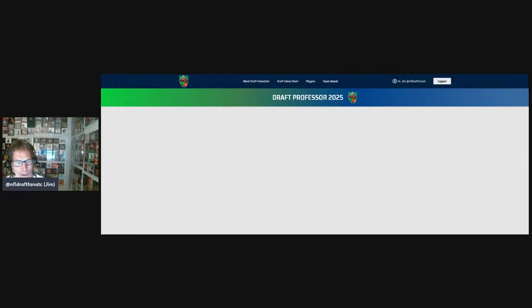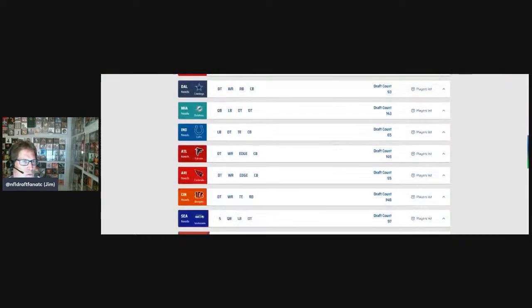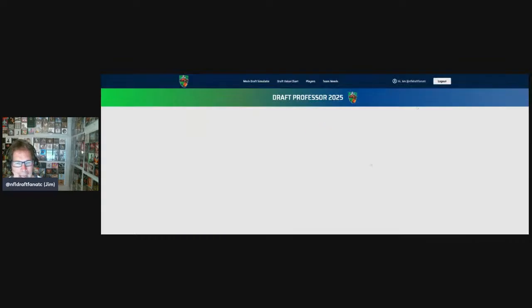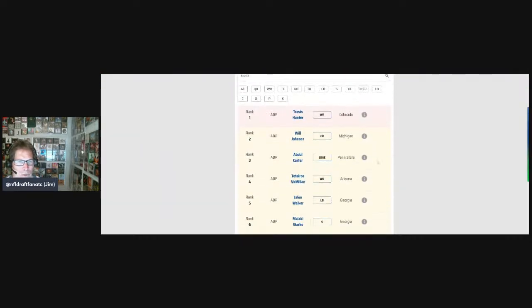And we're going to scroll to the Buccaneers and the team needs and find their player board. So we scroll, Tampa Bay. Here's their player list. And what I want to see is who's higher, Burden or Harris. And they're going to be right around 10 or 12 on the player board.